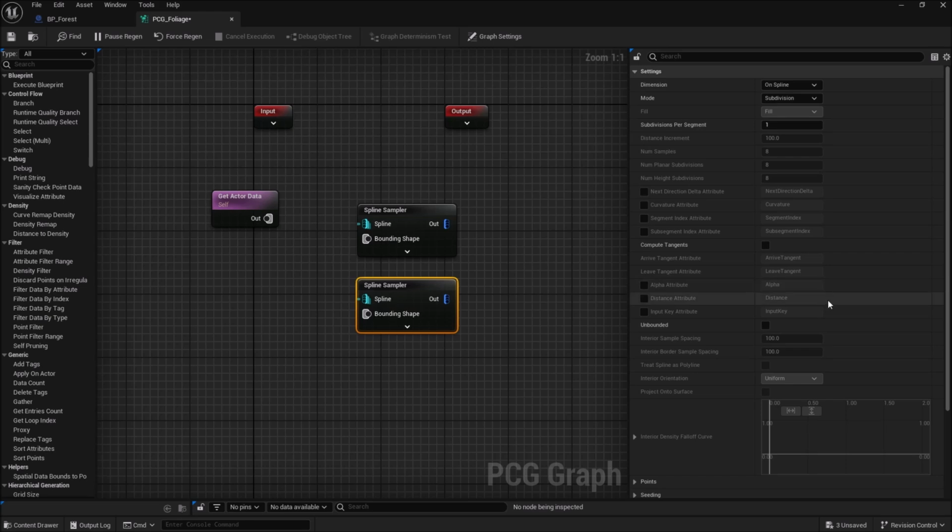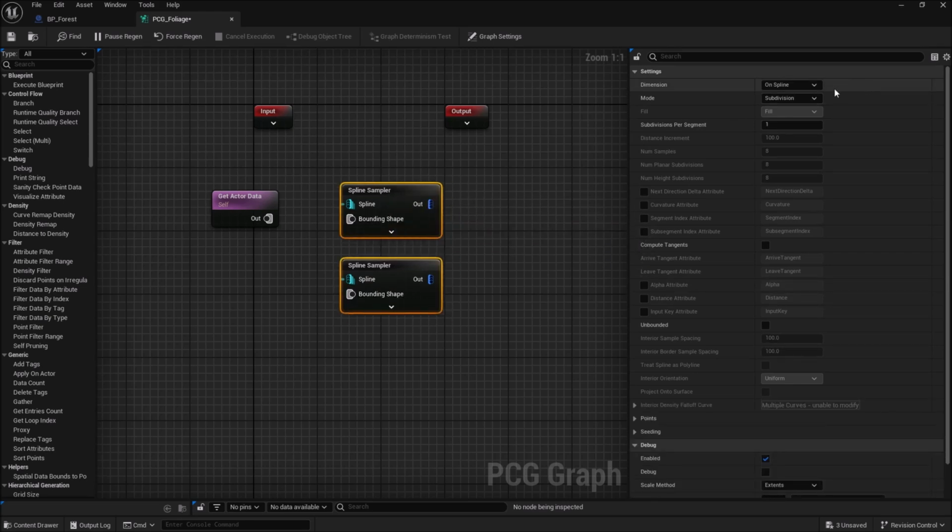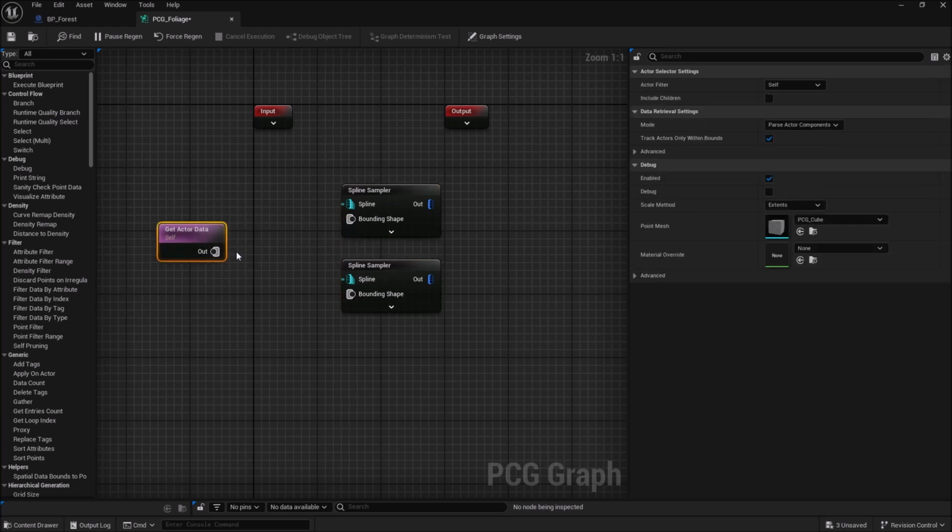And I'm going to start going to our configuration here. So with those two selected, I'm actually going to change them here on the dimension. I'm going to set it to interior so it works within its interior itself. And I'm going to set this to unbounded. I'm going to connect that